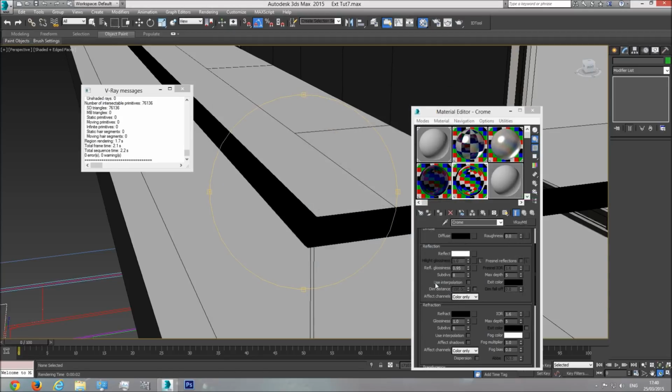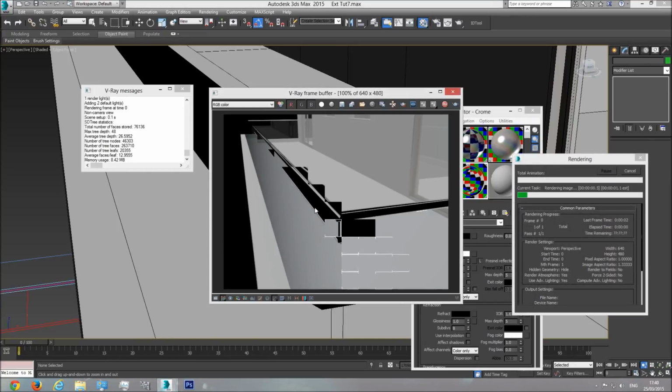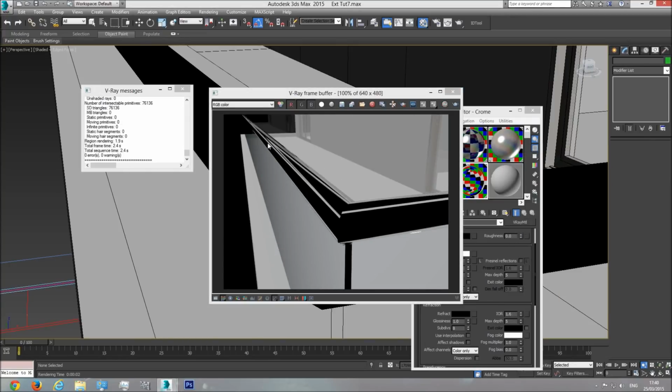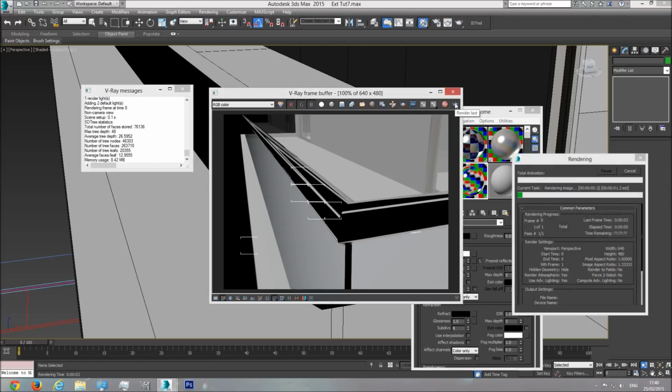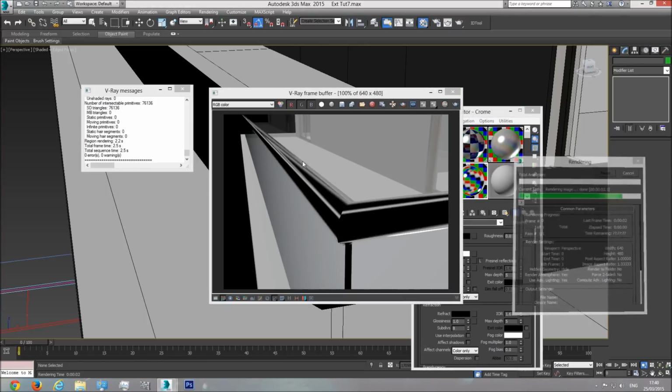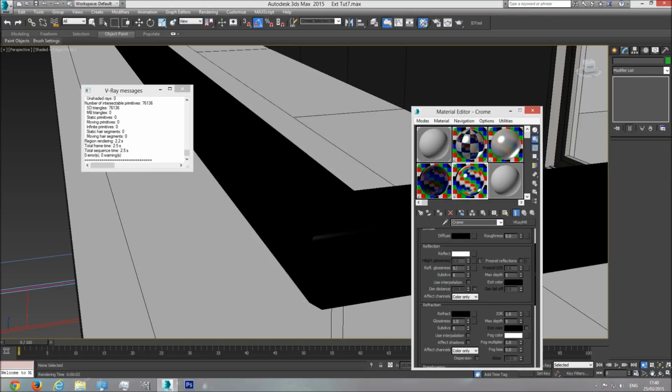If I go just a little bit towards the rail and I F9 render it, these lines are the reflection of the things on top of the building. So let's take this value a little bit down, 0.85. You see that the reflection starts to blur more. So 0.9 is fine for our chrome material. Now,